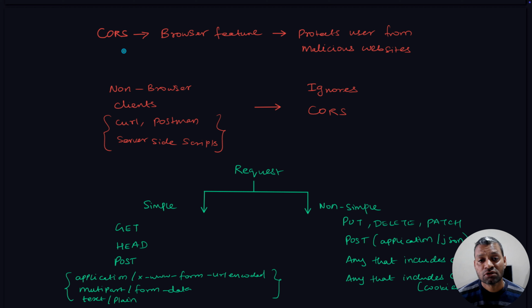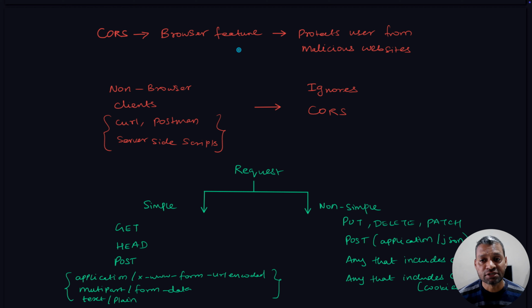CORS, or cross-origin resource sharing, is a browser feature. Okay, so this is a very important point. This is a browser feature and its main goal is to protect users from malicious websites. This means non-browser clients like curl, Postman or any server-side scripts will ignore CORS. So any protection that you have for CORS on your server will completely be bypassed by non-browser clients because CORS